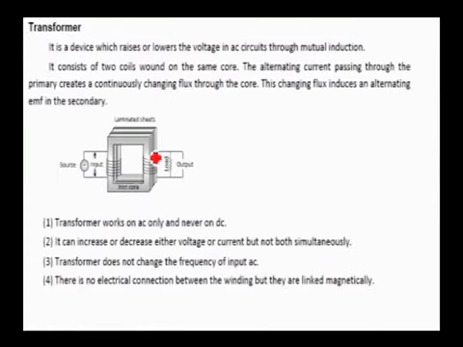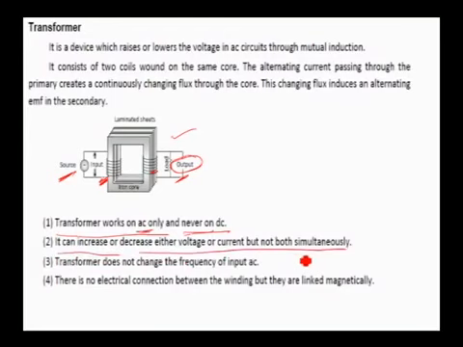We have a transformer. Normally a transformer is used to transmit power, and a normal transformer consists of laminated sheets of iron core. To that we have connected two coils. One is a primary coil, the other one is a secondary coil, where to the primary coil we apply an input and through the secondary coil we measure an output. But remember, a transformer works only on AC, never on DC, because the current or voltage has to be varied, and the transformer will do that job. For AC it is useful. It can increase or decrease either voltage or current, but not simultaneously. A transformer does not change the frequency.